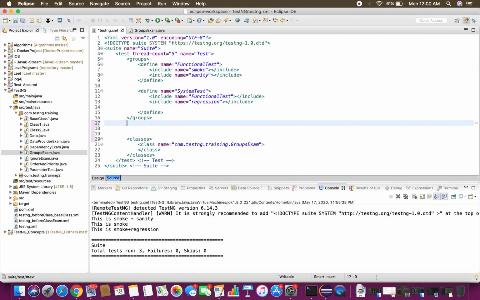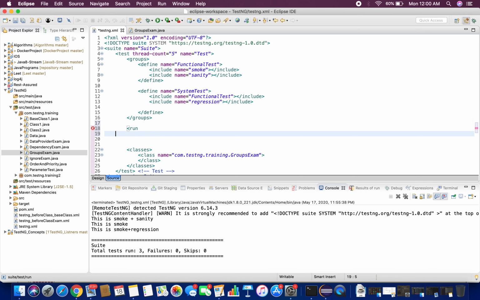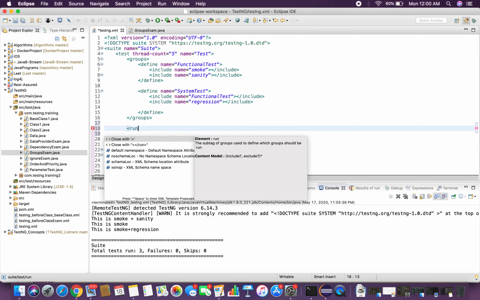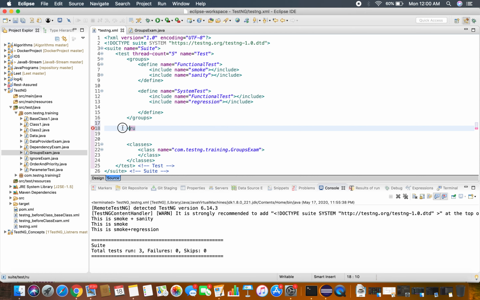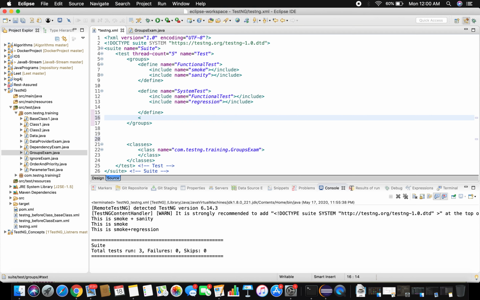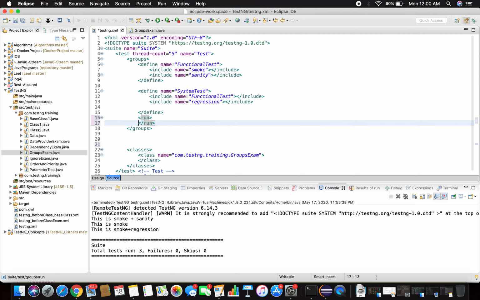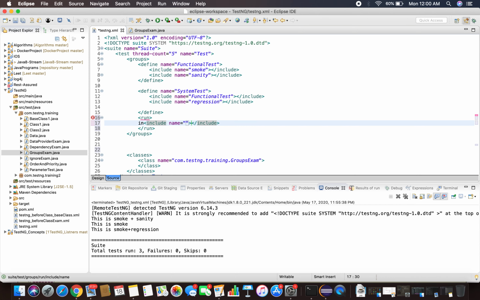Now let's run this. To run, you need to add a run attribute. This should be inside the groups. Include functional.